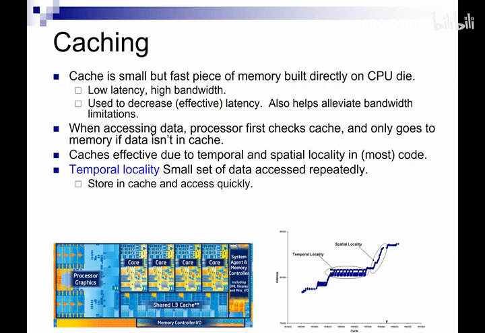Okay, so there are two types of locality. There's temporal locality and spatial locality. So temporal locality, let's look at this diagram over here. The diagram is showing time on the x-axis, and on the y-axis, it's showing which memory locations we are accessing. For example, if we look at this part of the plot over here,